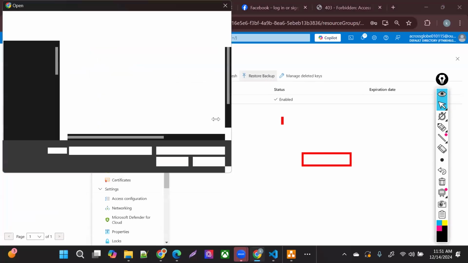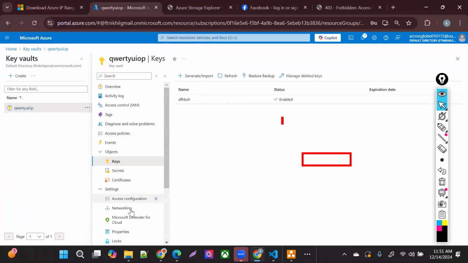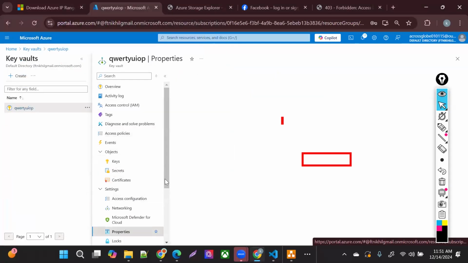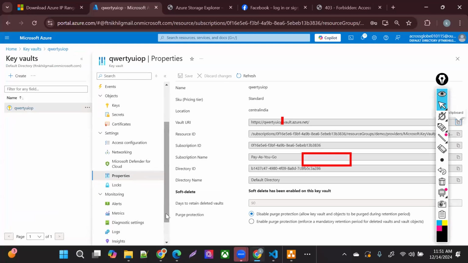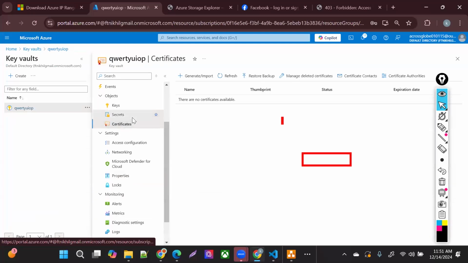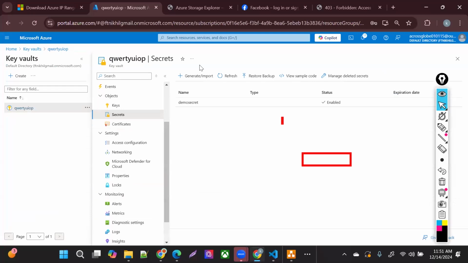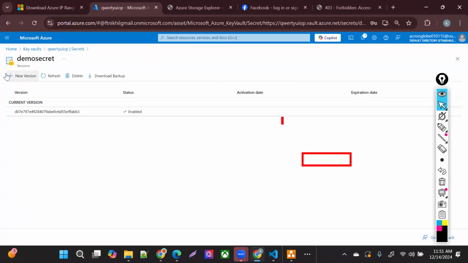Suppose we have one old certificate, already expired, and we are adding a new one. If we click on the delete button, all the certificates will be deleted, right? No, so don't delete it. Let's say you are uploading a new certificate. Take the example of secrets, the same way you need to do that for the certificate. This certificate got expired and you created a new version.